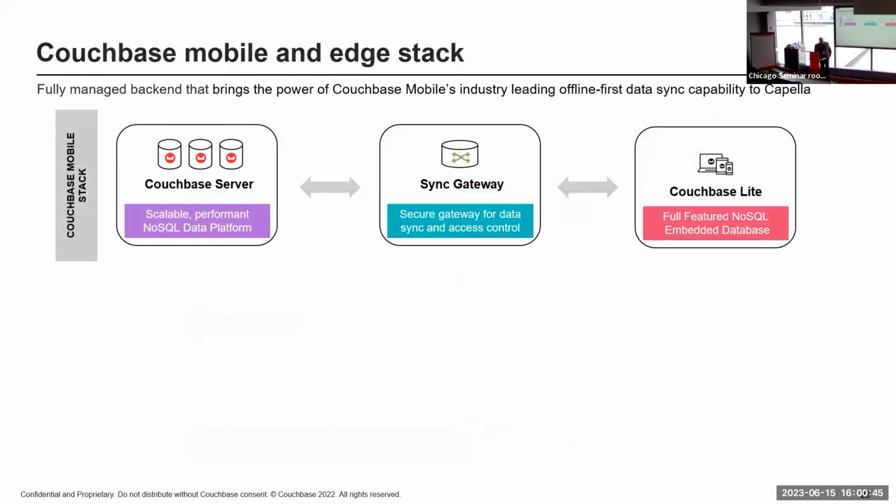So let's talk a little bit about the different pieces. As we saw, Couchbase represented across the architecture, but it's really only 3 pieces that we're talking about. Just think of them as Legos. You can assemble them as large or small as you actually want. So the Couchbase mobile product stack is the foundation of our support for this edge computing architecture and these topologies. So on the left, we have Couchbase Server. This is our flagship modern database server. Even though we're NoSQL, it supports SQL, another huge advantage of Couchbase. It also brings analytics, full text search, eventing,